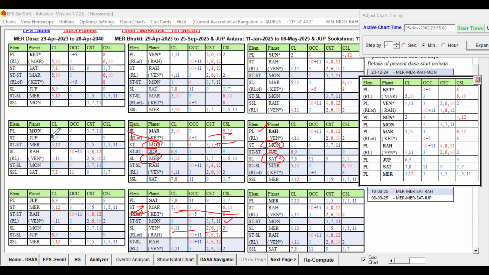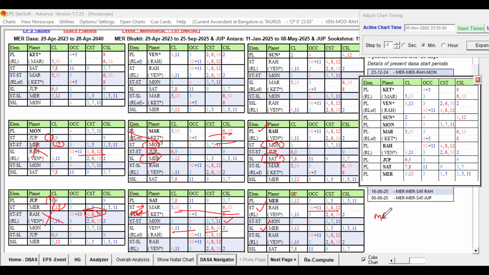And this planet, because of the Jupiter 6, 12 and 4, 8, 12, we eliminated at the star level and sub level. In the same way we have eliminated this, not strong enough. And this planet is better: star level is weak, but 6 is not connecting to the 4, 8, 12, only 3, 3, 1, 5, 11. And the sub level is also good, as already discussed. Right? So when compared to the other planets,